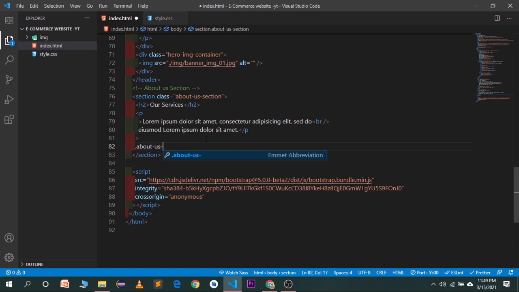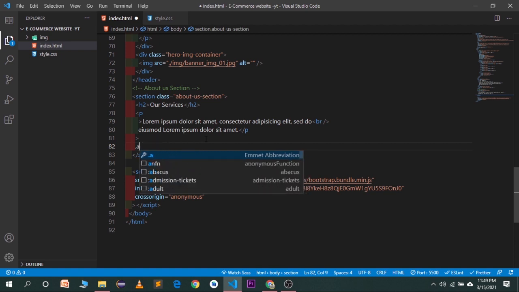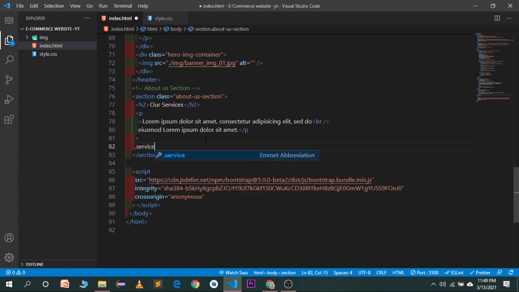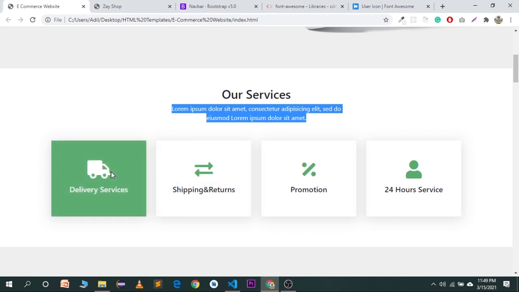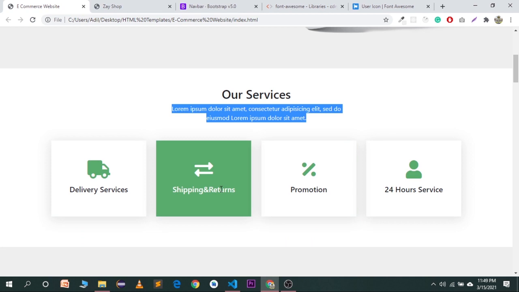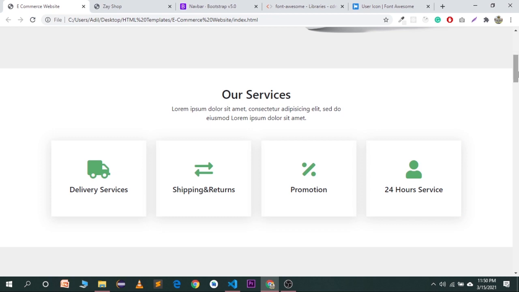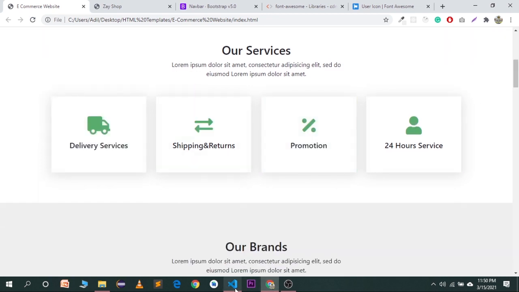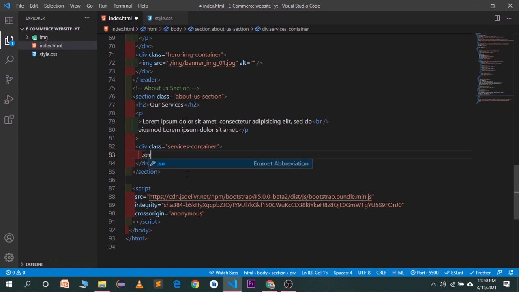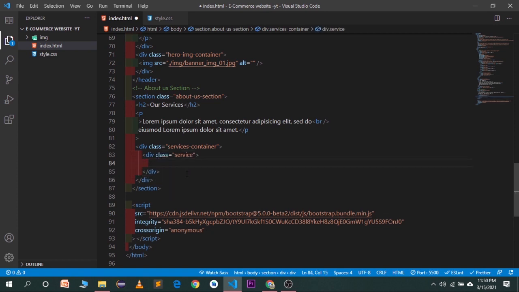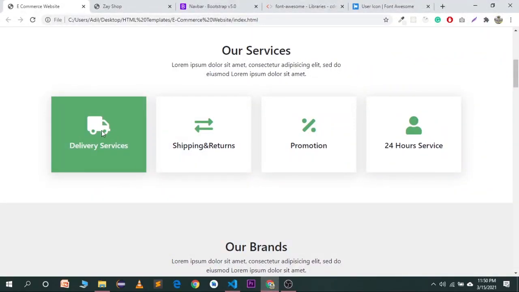So we can set the name to services-container. In the services container, as you see, we have different service items. First one is going to be delivery service, then shipping and return, promotion, 24 hours service. So let's build these parts. First one is going to be a service, and in this box we have two things. First one is going to be this Font Awesome icon,